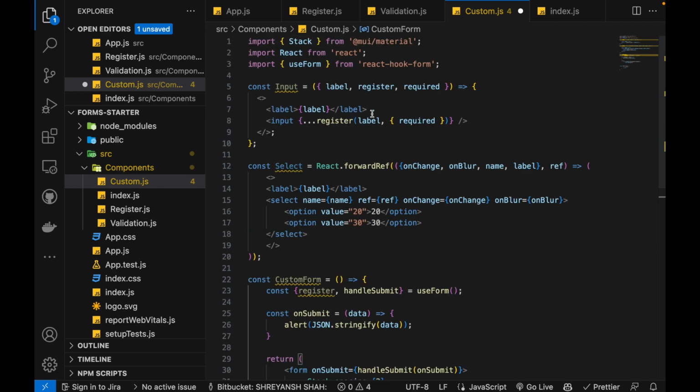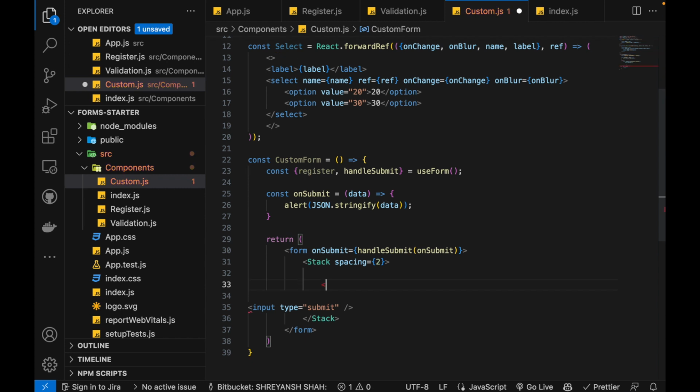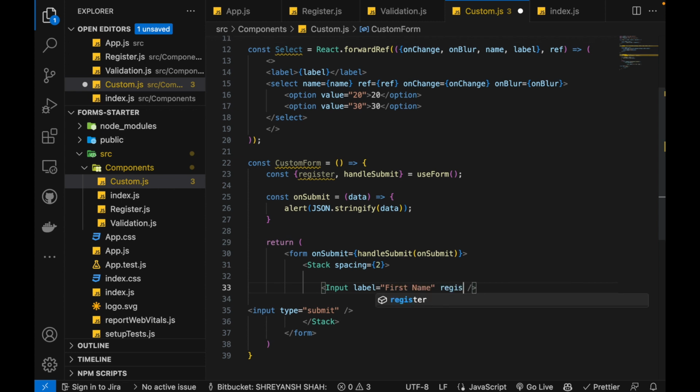Input, it is actually very simple. We are just going to pass these three things as props. So let's implement that. We can just write Input here, and please pay attention that this I is capital over here because it is our custom component, not from HTML. Then we'll be passing those three things as props. So label will be first name. We want the user to enter their first name. We can actually pass this register over here, register as register,